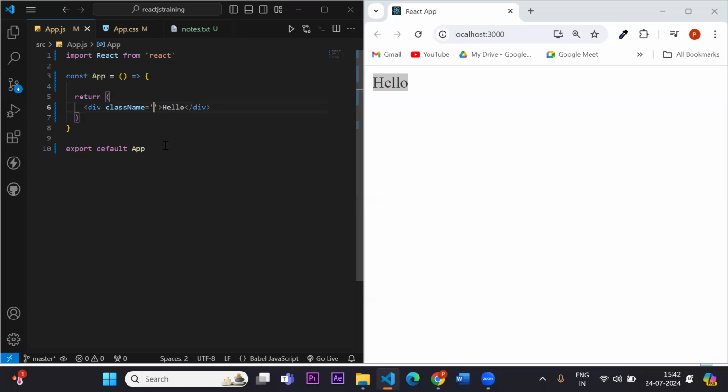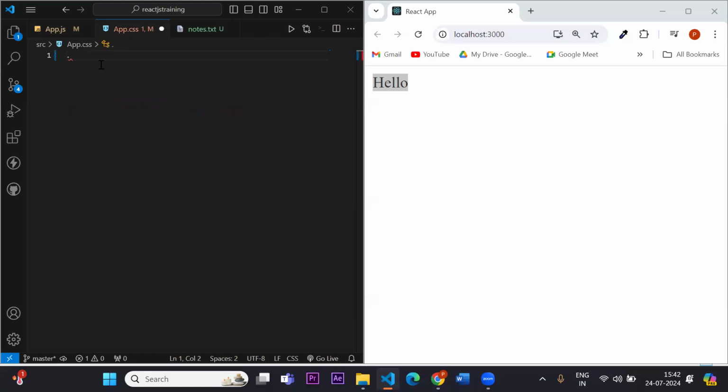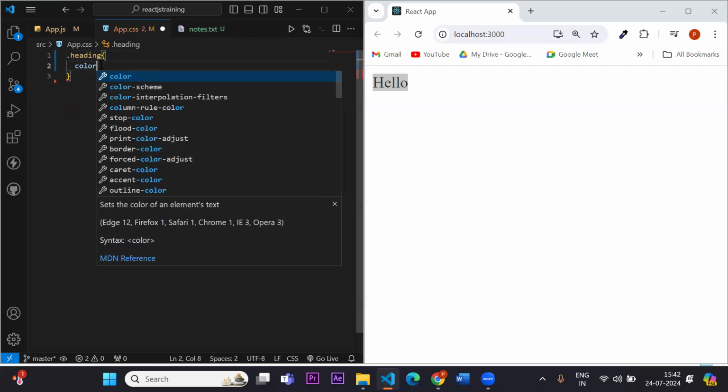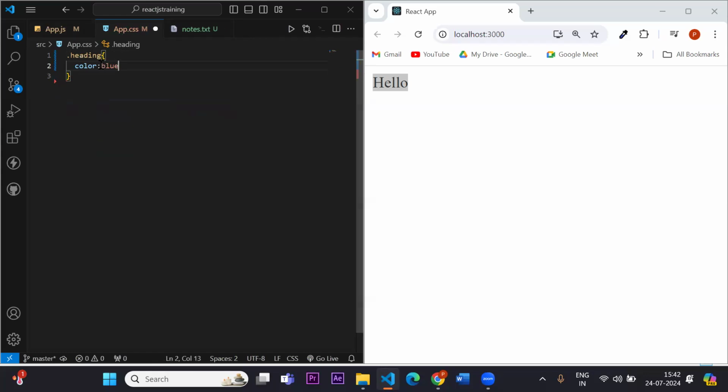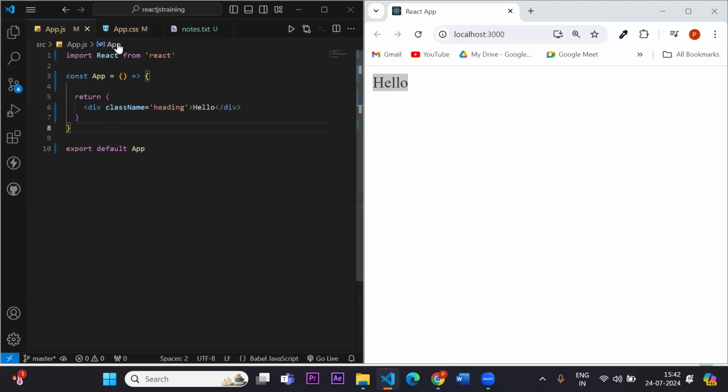And let's say we create a heading. We name the CSS class as heading, and we go to app.css. Like we used to do earlier in HTML, we'll do the same here: heading. Then we can change the text color to, let's say, blue. It's not working